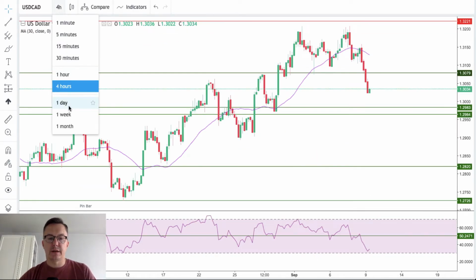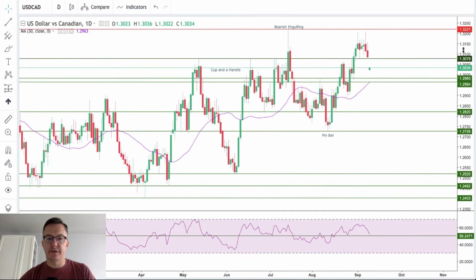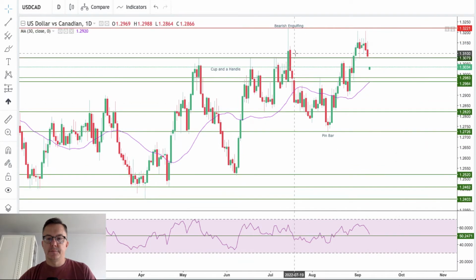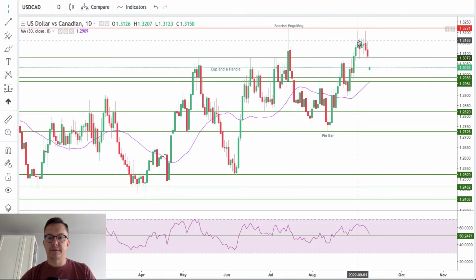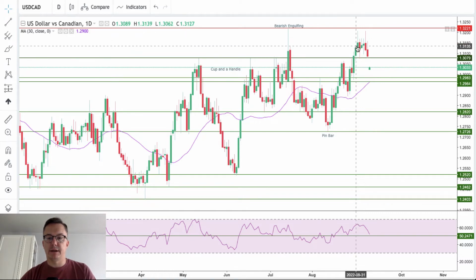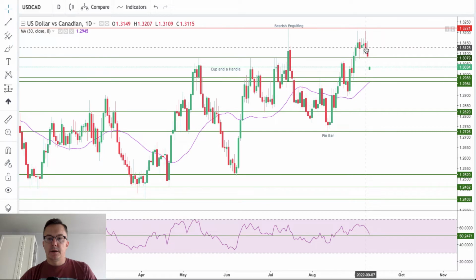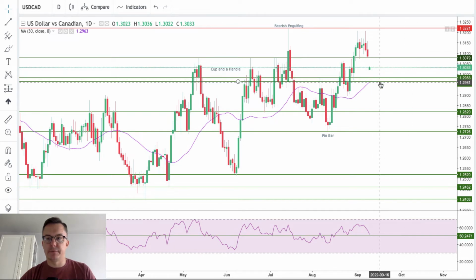It's better to switch to the daily time frame, because it's very easy to see right now that yet another time the level of 1.3221 had been protected very well by the bears, and we have the pin bar here, we have the secondary pin bar, and now we have the confirmation, and we broke below 1.3079. The market is trading 40 pips lower, and the next target for bears is located at 1.2983, 1.2964. This is the next technical support for the market participants. Please consider this level to be the key short-term technical resistance for this market.